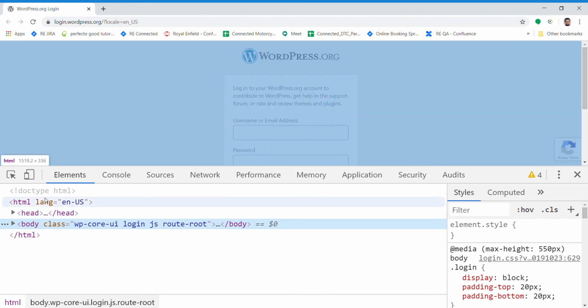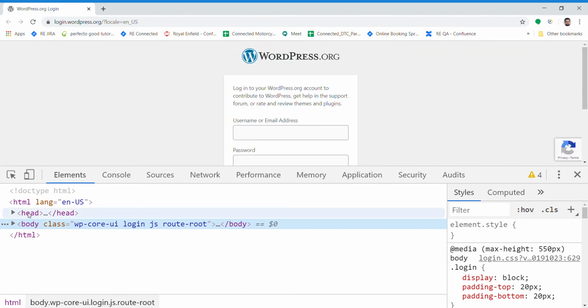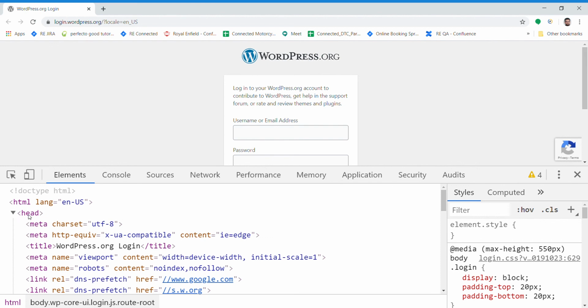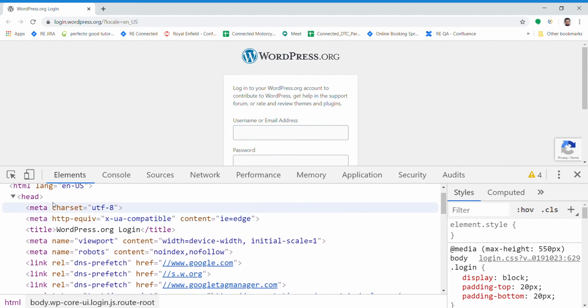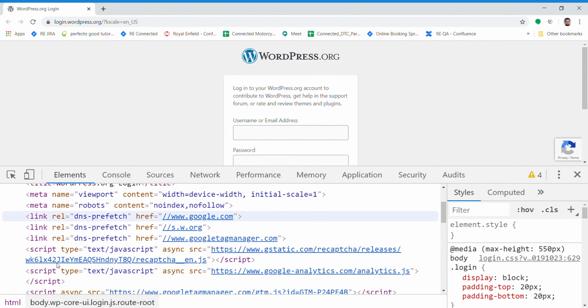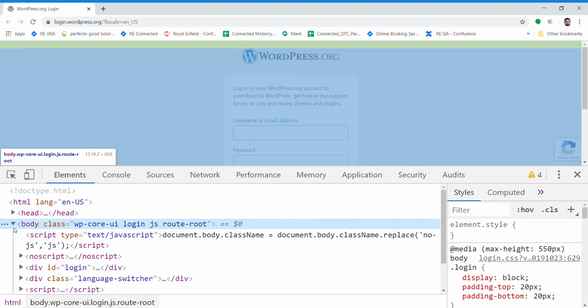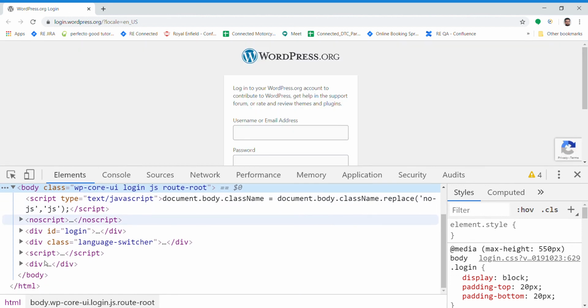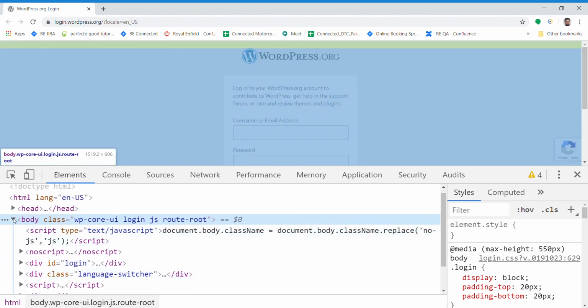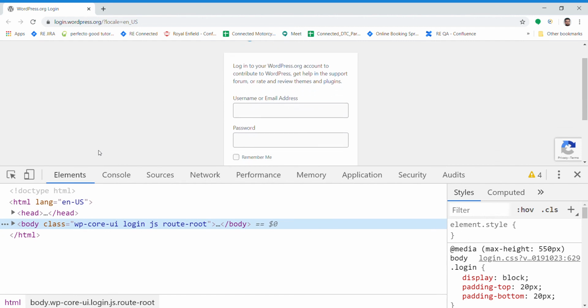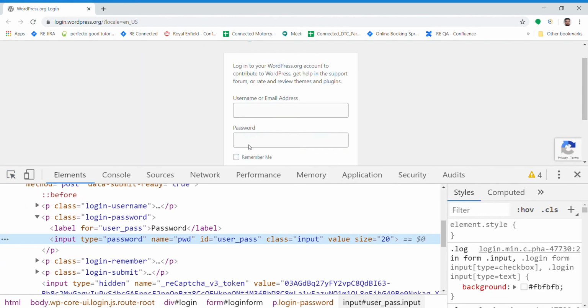Okay, so as I mentioned, this is the root element, HTML, and there are two child nodes, head and body, right? But this head also has children: meta, title, meta, link, and all those things, right? The body also has other child elements like div, which have ID like this and this, class, language, feature. Okay, so to start with our demo, let us inspect a particular element.